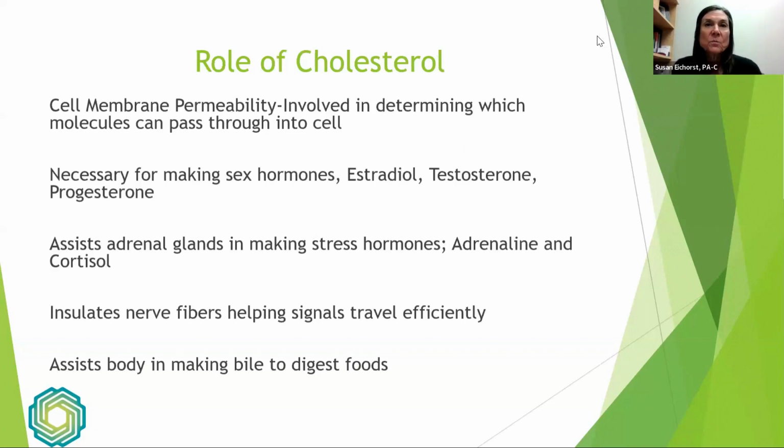Really need to look at what's the role of cholesterol. Cholesterol is important. It belongs there. It's made in our body. It's utilized by our body. When I talk about cell membranes, that's really the outer coating of the cell, and all the mechanism and the biochemistry goes on inside the cell. So the coating or the cell membrane is where things can transport from the outside cell into the inside, and waste products can get back out of the cell. Well, that whole cell membrane is made up of saturated fats, and specifically cholesterol.